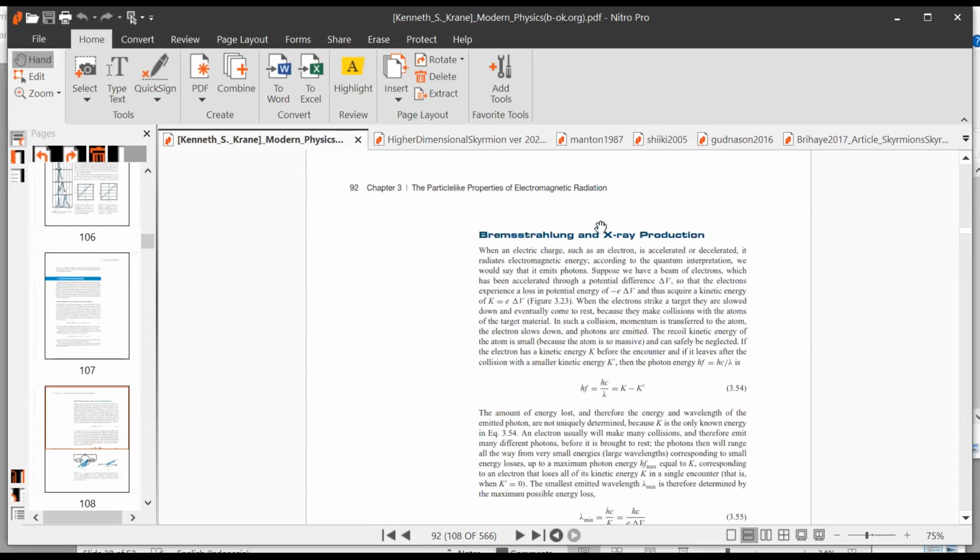Bremsstrahlung comes from the German language. Brems means brake, and Strahlung is radiation. So basically the radiation coming from